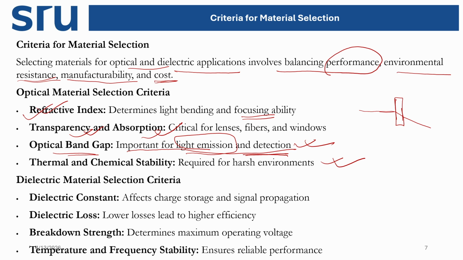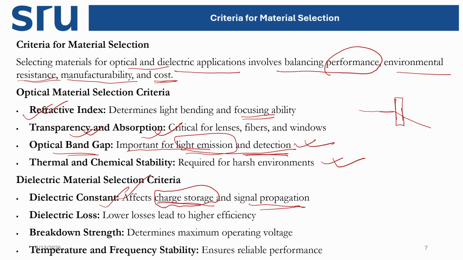For dielectric material selection, if you consider the dielectric constant, it affects the charge storage, how much charge can be stored, or signal propagation. This can be determined by the dielectric constant. So if we are looking to use a capacitor, let's say for charge storage devices, then we need to know the dielectric constant of the material. The higher the dielectric constant of the material, the more energy or charge it can store,